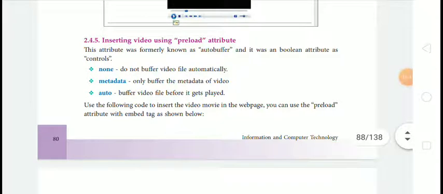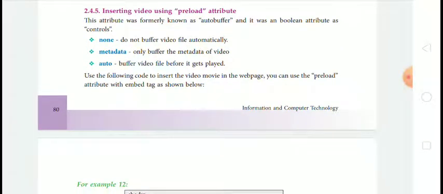Inserting video using preload attribute. This attribute was formerly known as autobuffer, and it was a boolean attribute.